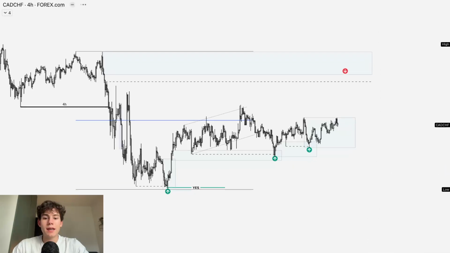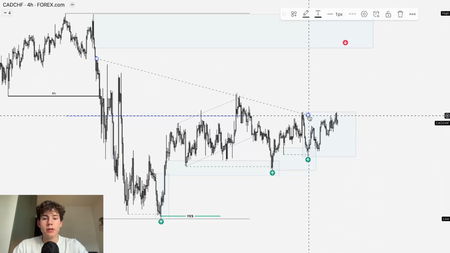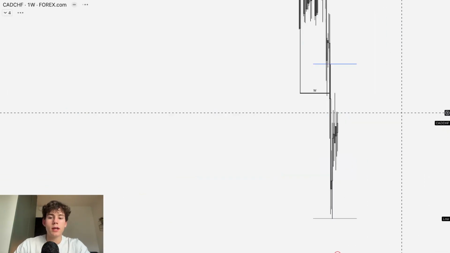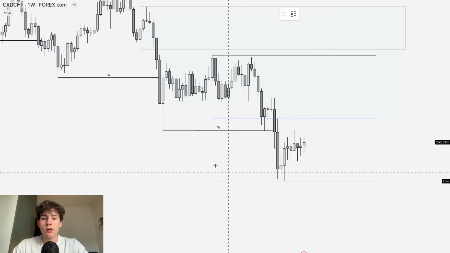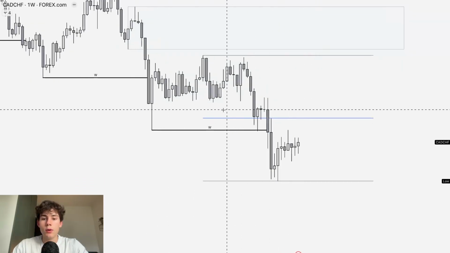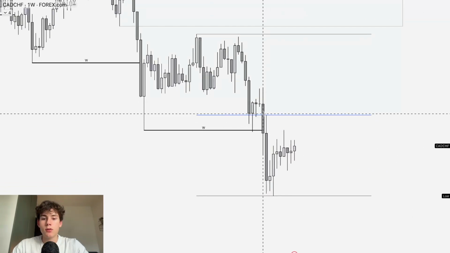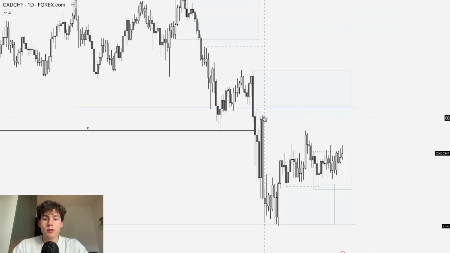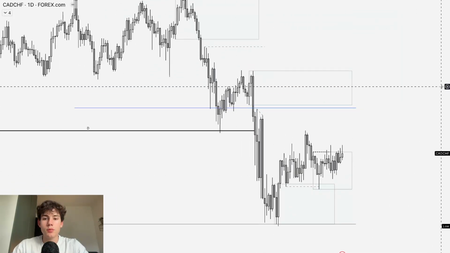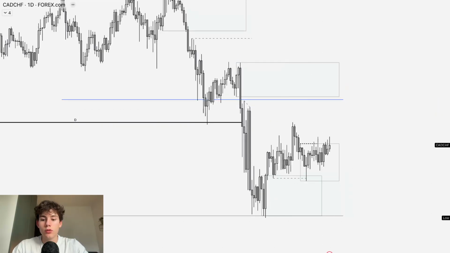So looking at CAD Swiss, a lot of liquidity above these highs over here, so we could trade up higher. Looking at the weekly time frame, we have exactly the same thing, grabbing liquidity underneath the low, and we could trade up higher in towards those premium prices. I do see that we also have some internal liquidity at that high, which is more visible on the daily. So at those premium prices, we perfectly have some internal liquidity, which I want to trade towards.